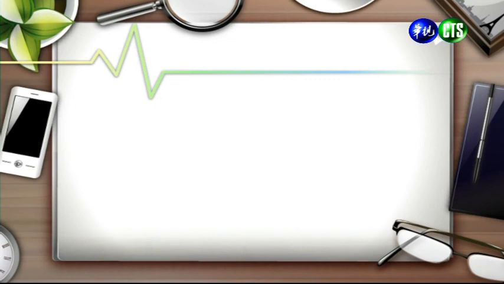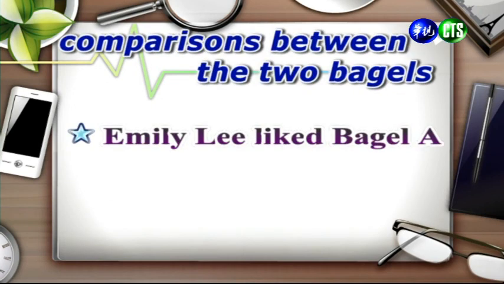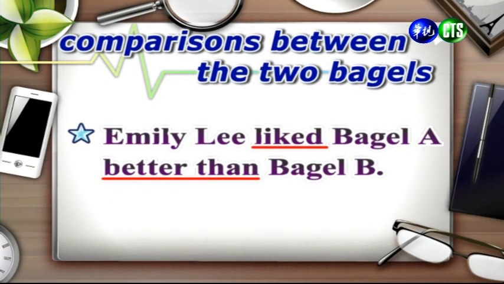All right, let's take a look at some other sentences that we can form. We can make some very general sentences about the preferences of the shoppers. 好,那我们可以呢写出比较笼统的句子,来表达消费者的偏好。And so look at this sentence. Emily Lee liked bagel A better than bagel B. 我们看这个句子写的是 Emily Lee,她比较喜欢 Bagel A 胜过 Bagel B。